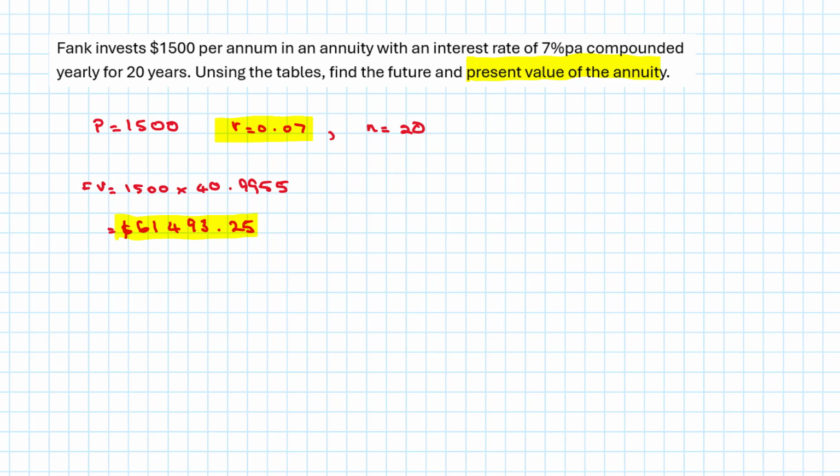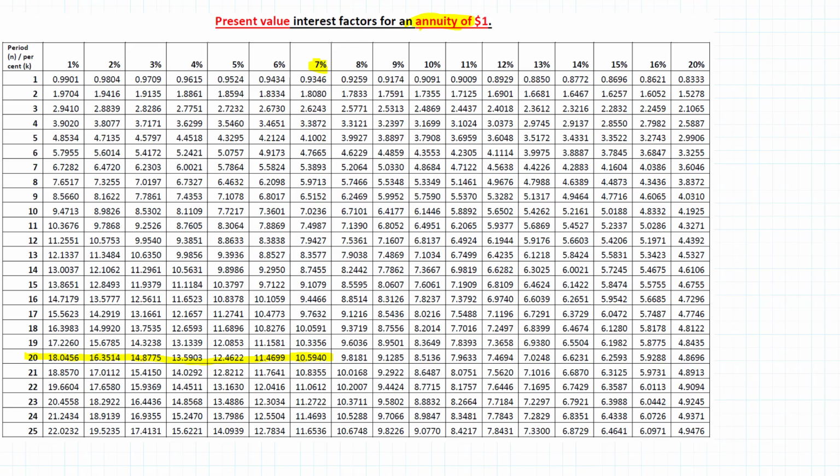Now, the question here is asking for us to use the table. So we are going to do that, but afterwards I'll show you, if this was not a table question, how do you go about answering that question? So present value will be 1,500 multiplied by the value for 7% at 20 years in our table. So if I go to my present value table, look for 7%, which is here, 20 years, and I will get my value of